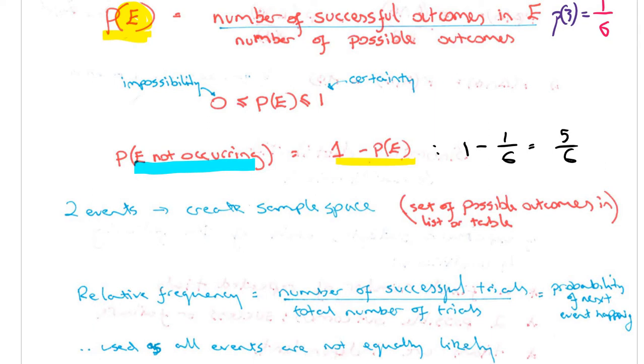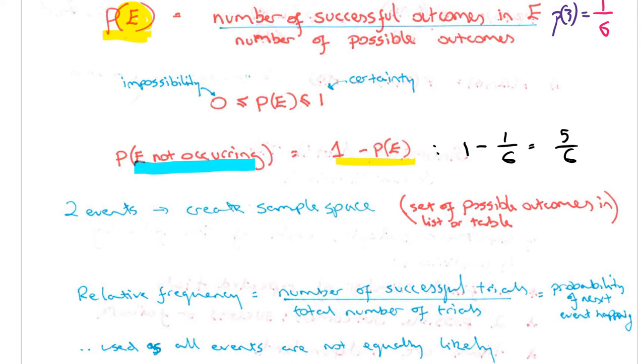Now, we know that if you flip a coin, the probability of getting a head is 1 in 2, because the successful outcomes is 1 and the total number of outcomes is 2. Now, if you flip a coin 10 times, the chances are you might get 6 heads out of 10, you might get 8 out of 10. So in general, what's going to happen there is,